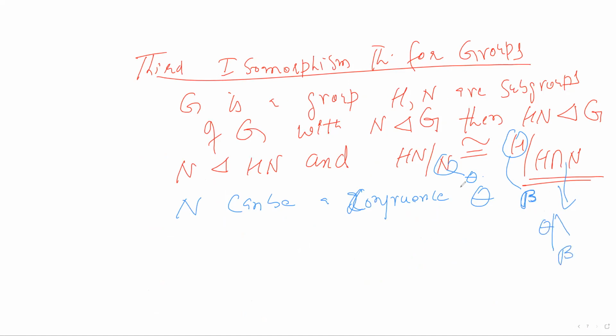Okay, and N, now N is a normal subgroup of HN also. It is a congruence of theta. It is a normal subgroup of G, but we also say that it is a normal subgroup of HN. N is normal subgroup of HN. Now, if I know how to deal with this HN, I can think of having some appropriate quotient here. Okay. So right hand side is done. So I have here B subalgebra over theta restricted on B.